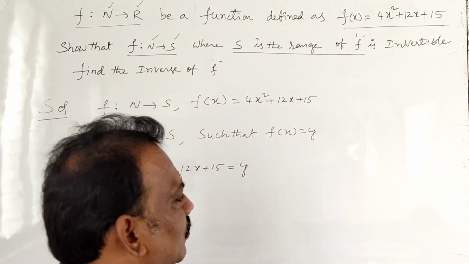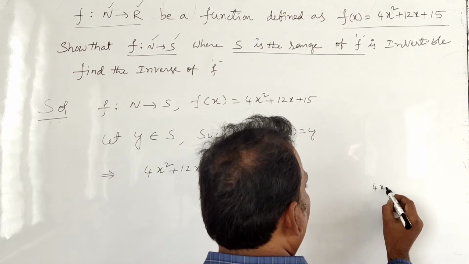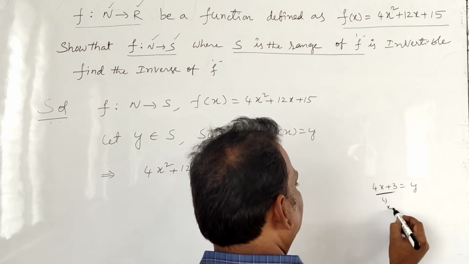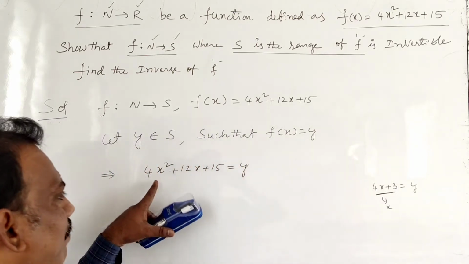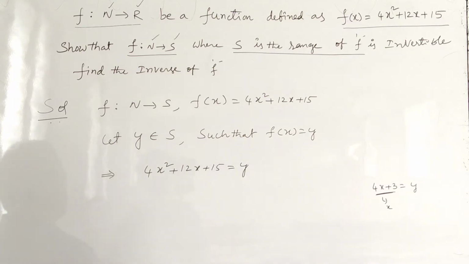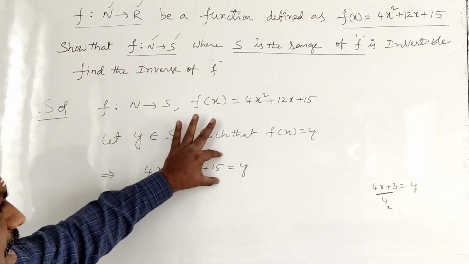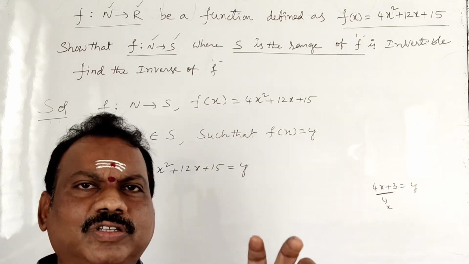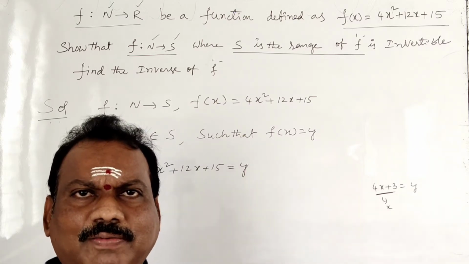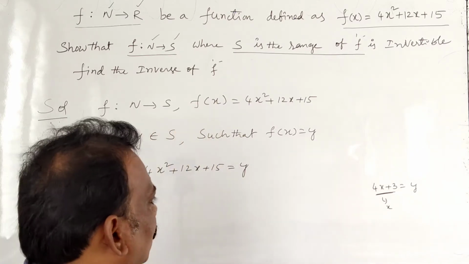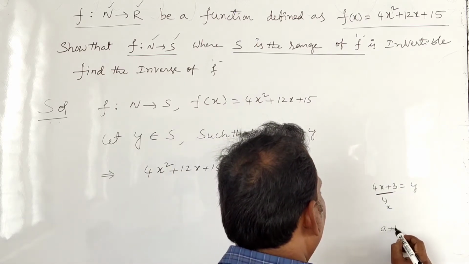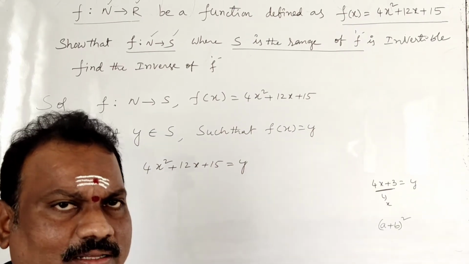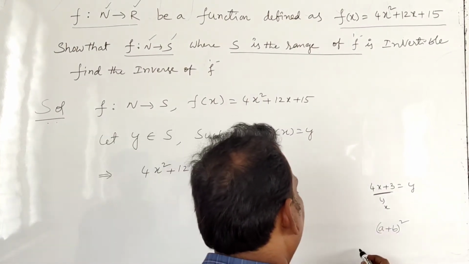In the previous problem, students, we had f of x is equal to 4x plus 3 is equal to y. Here making x the subject is very easy, but here making x the subject is a little bit difficult, because it is a quadratic equation, not a linear equation. When a quadratic equation is given, you have to change it by completing the square. Completing the square means the left side value you have to convert into a plus b whole square format. How to make it into a plus b whole square format? Very easy. I think you learned in the lower classes.